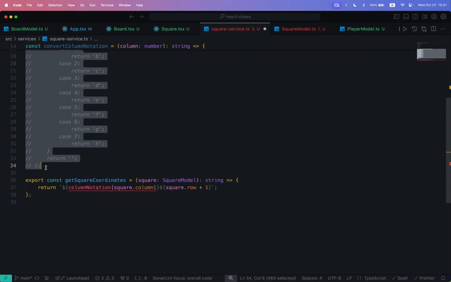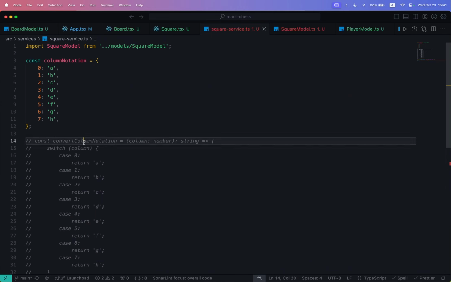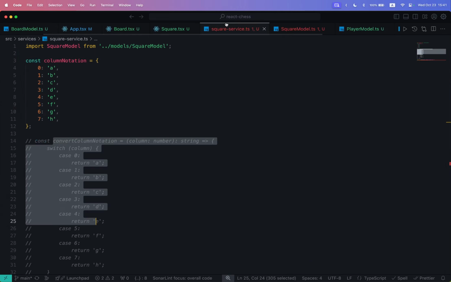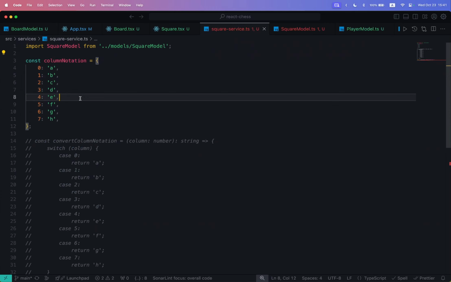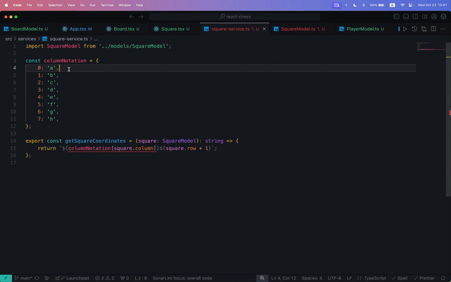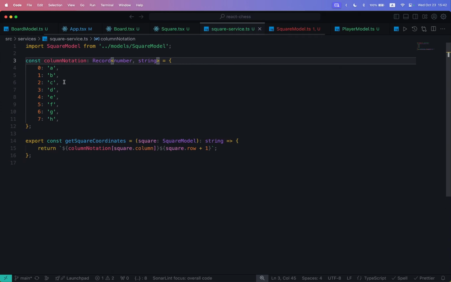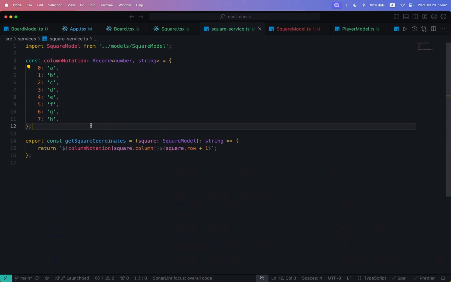And then now this is not needed anymore. And we refactor all of this into this. We do have a TypeScript problem though, of course, because this columnNotation could be something else. Here we're just giving a lot of numbers to strings. So I'm going to call this a Record of number to string. And now our TypeScript problem is gone,